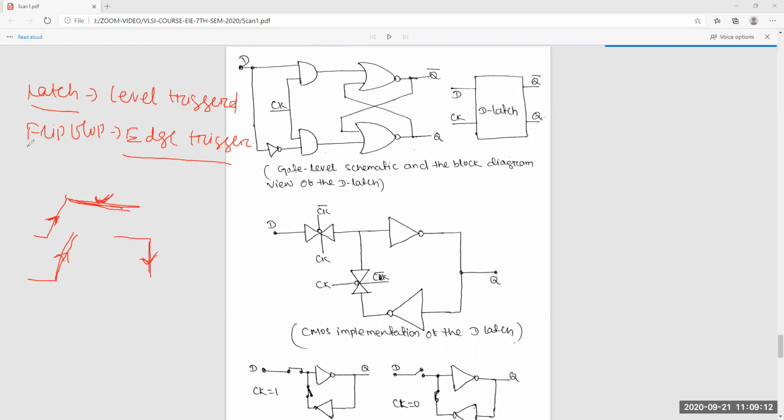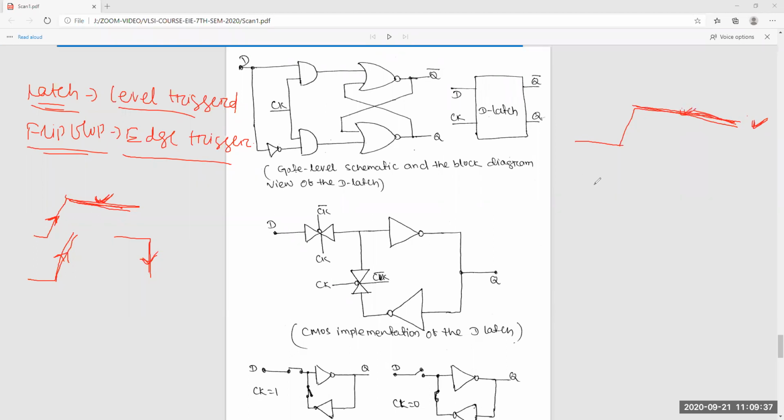But why are we going for flip-flop, not latch? Because in level triggering, what happens? Suppose throughout this clock we are checking our output. At any point of the clock, suppose there is some glitch or spike in your data; that can modify your output also.